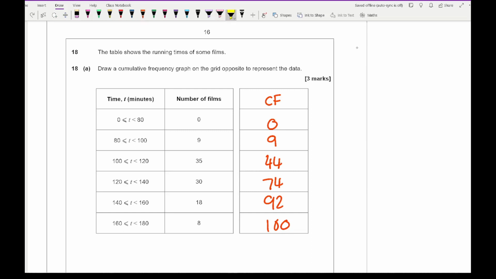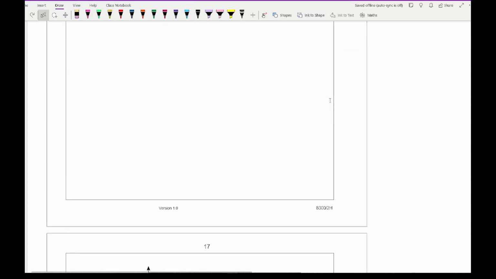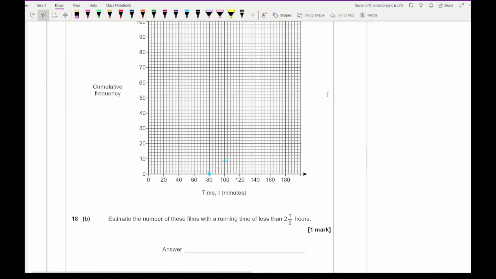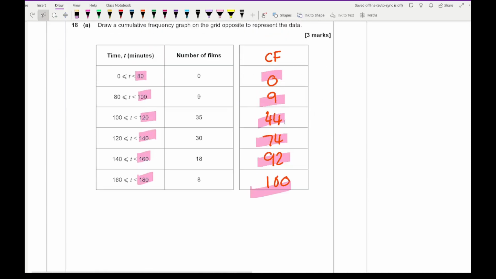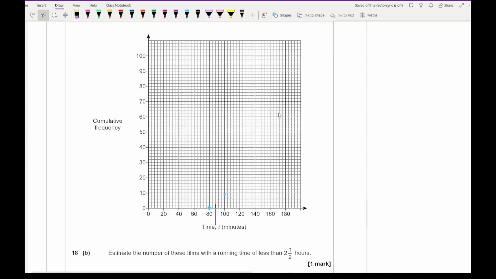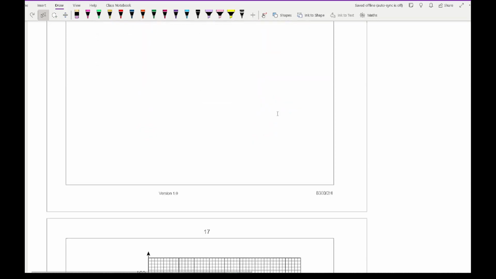Now when it comes to plotting, you need to remember that we're going to plot the upper values against the cumulative frequency numbers. So from this, and again I might have to switch between the two because obviously my eyesight in terms of the screen is not great. So at 80 it's at 0, at 100 it is at 9, which is about there. At 120 it's at 44, which is there, and 74, which is at 140,